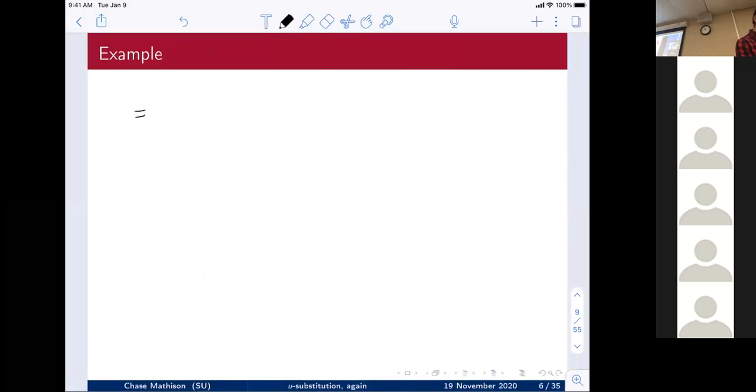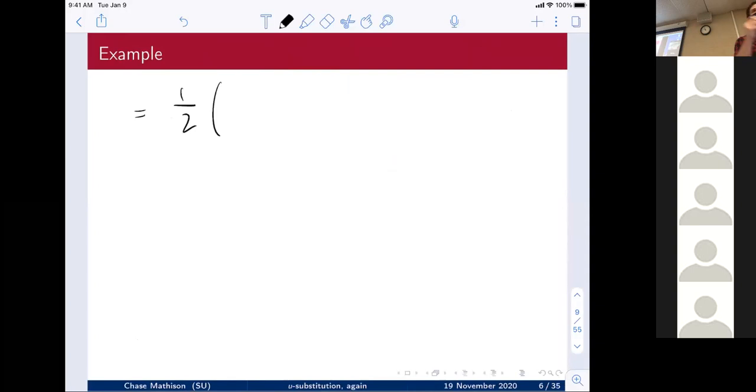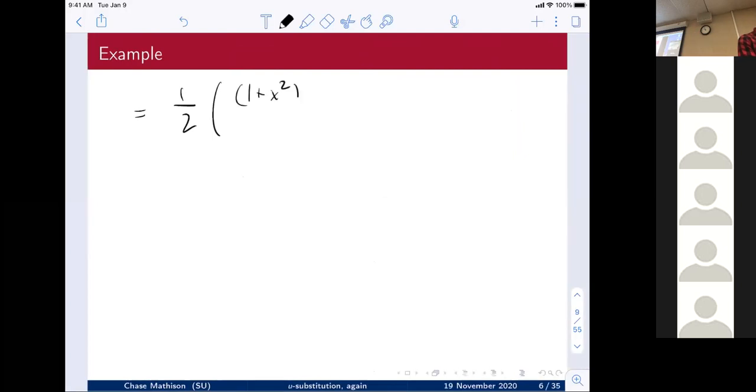So I end up with the 1/2, again, 1/2 because that's what I need to multiply by to get that pattern exactly. 1/2 times, well, capital F is x to the 51st, so capital F of g of x is 1 plus x squared to the 51st divided by 51 plus some constant. And then this is equal to 1 over 2 times 51, which is 102, times 1 plus x squared